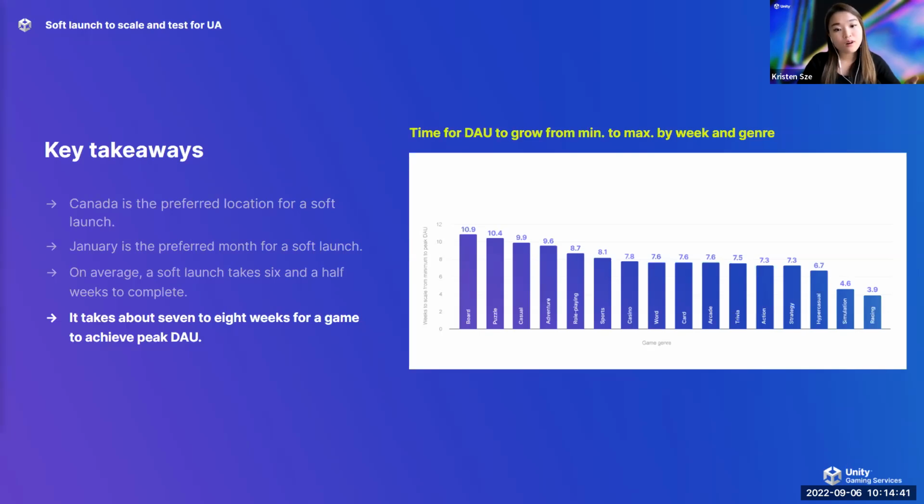Gamers in the mid-core and hardcore genres like simulation, racing, strategy, and also action games typically react to new games released to the market a little bit more quickly. So these games reach their peak daily active users in a relatively shorter period of time. And for hyper-casual games, they also reach their peak daily active users relatively fast, but for a different reason. It's actually because users usually start churning pretty quickly, and it's expected when the game loses novelty and other new games are released in the market. Users usually move on to the new games in the same genre.